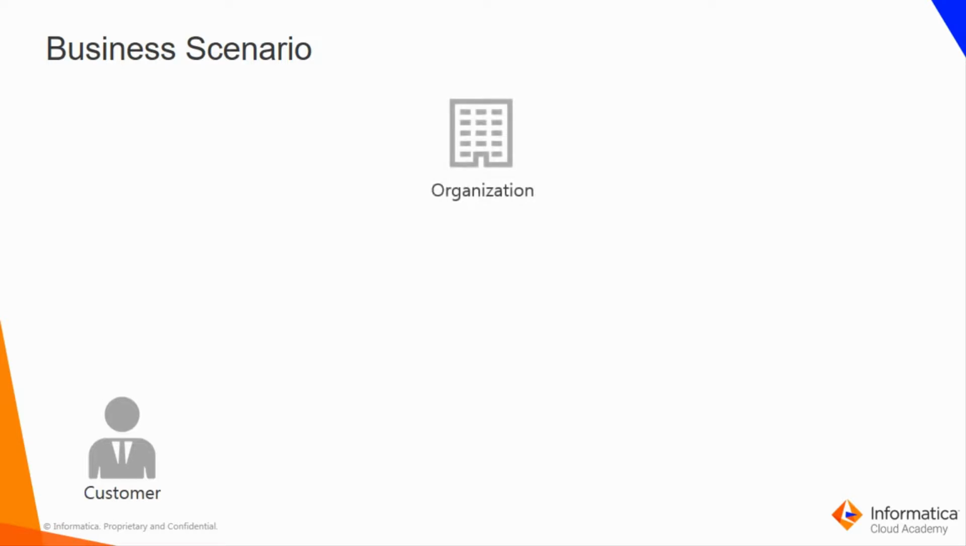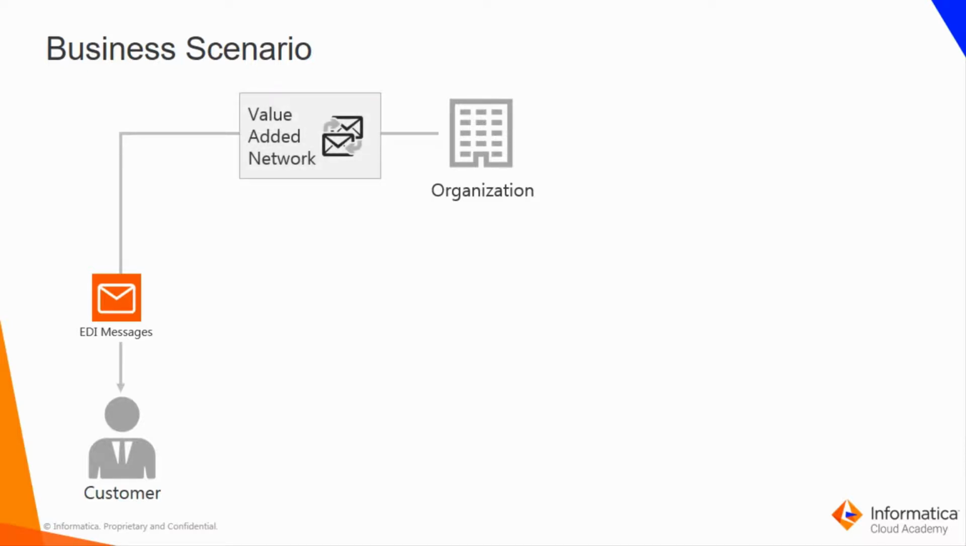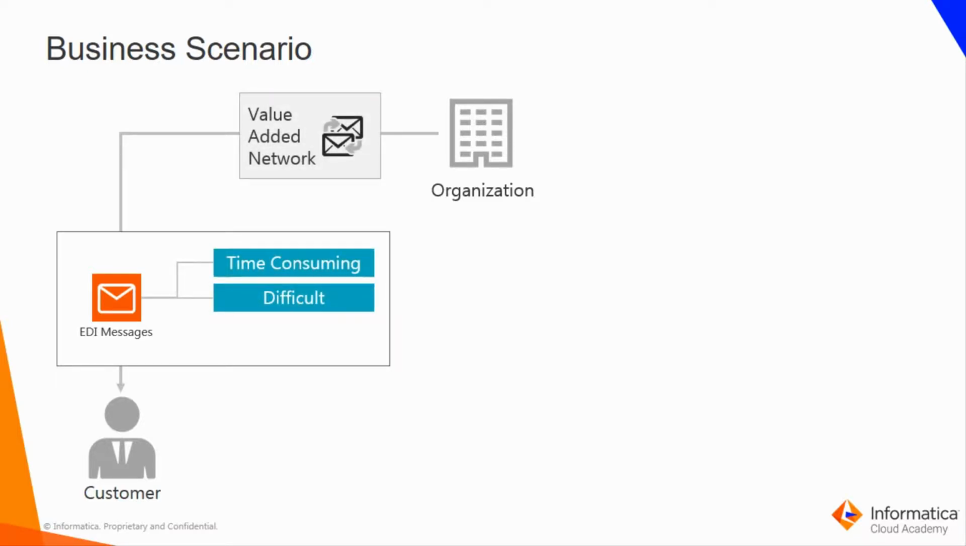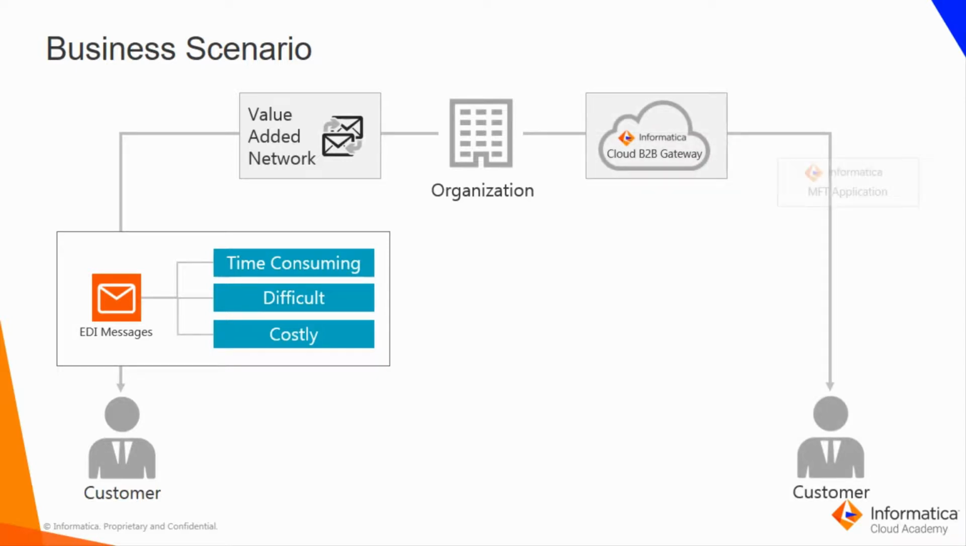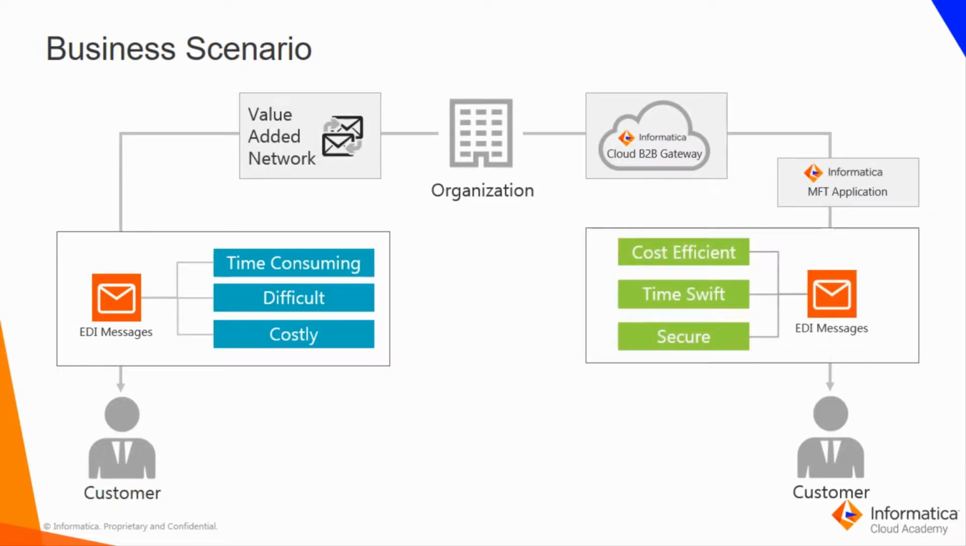An organization used to send EDI files with their partner using the traditional method, for example, value-added network. However, changing the format manually according to each customer requirement was difficult and time-consuming. Data transfer using this method was expensive too. To overcome these drawbacks, the organization shifted to Informatica Cloud B2B Gateway and installed Informatica MFT application. The combination of these two applications provided seamless and secure exchange of EDI files with their partners at a lower